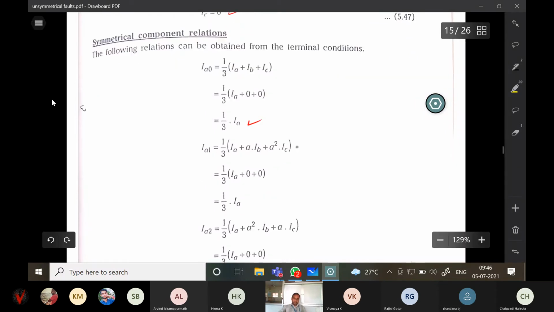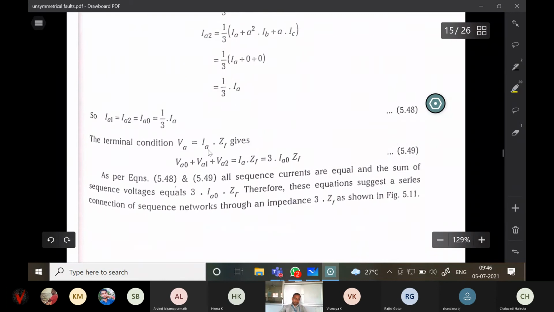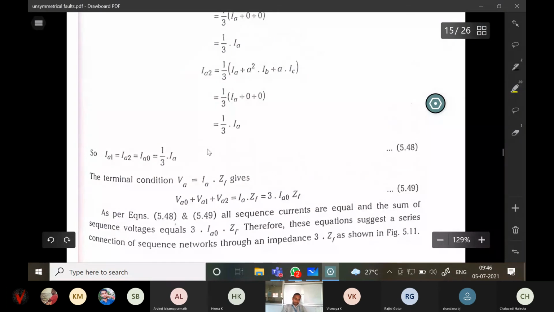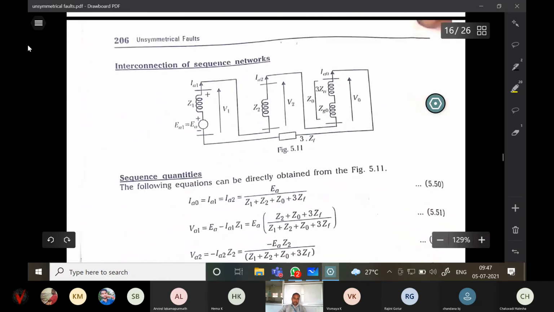So finally we will get IA1, IA0, IA2 equal to 1 by 3 times IA, and VA is equal to IA into ZF, and VA0, VA1, VA2 is equal to IA into ZF, that is equal to 3 into IA0 into ZF. Okay, and in the case of the equivalent circuit, in the place of EA, we need to write VTH,